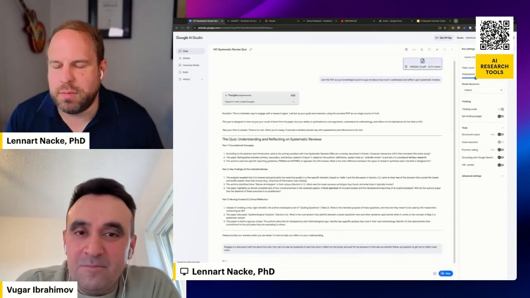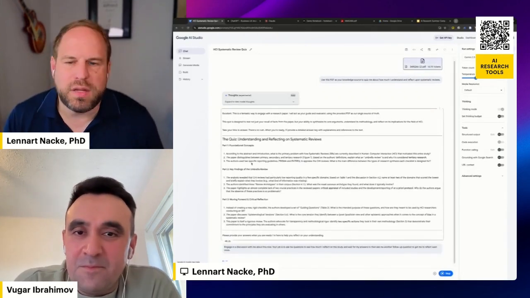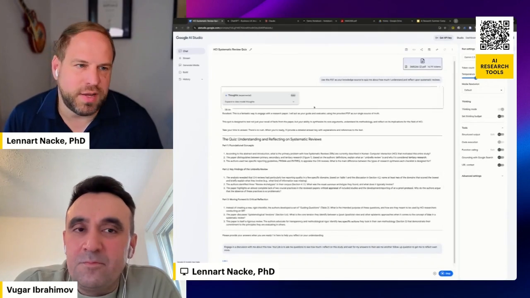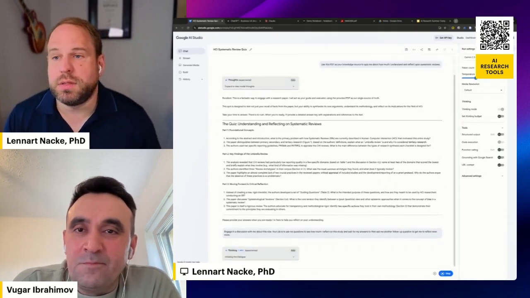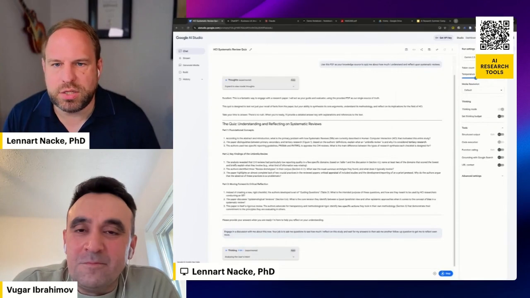Let's see. Again, because we're using 2.5 Pro, it'll be a little bit longer. Flash would be nicer, and maybe I'll switch to Flash in a hot second. Pro is just a little bit more reflective in the way it engages with us, right?